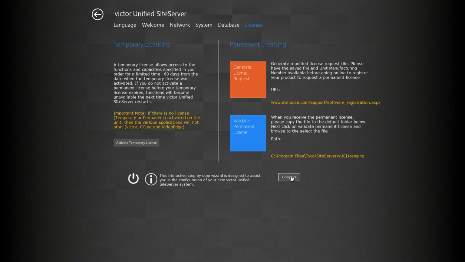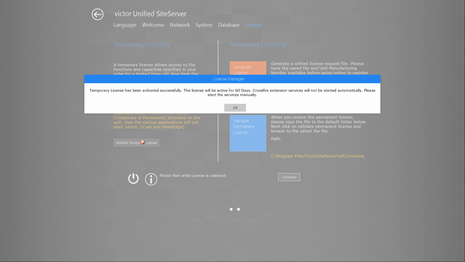What I'm going to do is I'm going to activate my 60-day temporary license. It's very important that you do this at this stage, because if you don't activate your temporary license, none of the applications on the Victor Unified Site Server will work. So I'm going to just choose the Activate Temporary License button, and when it's activated, I'll get a confirmation message. Choose OK in it,